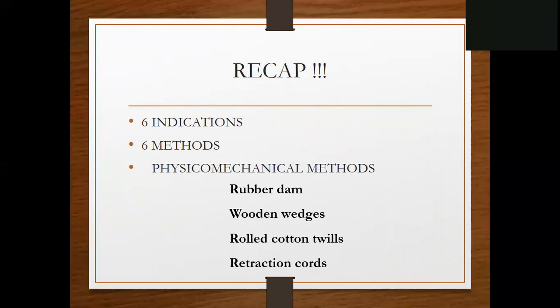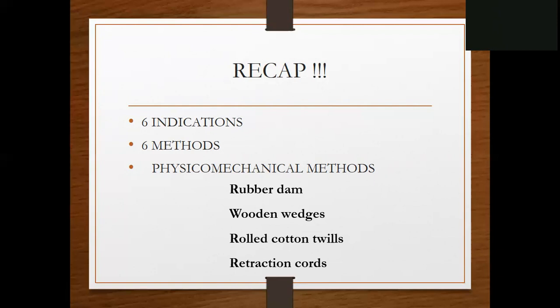The rubber dam uses only 3 types of rubber dam sheet, that is heavy, extra heavy and special heavy. And for the extra retraction purpose, we use the number 212 clamp. The rolled cotton twirls can be mechanically packed using zinc oxide eugenol impregnated twirls, and that also helps in controlling the gingival tissues. And the retraction cord can be used, which is chemically mixed, and the retraction cord can either be braided or non-braided, and